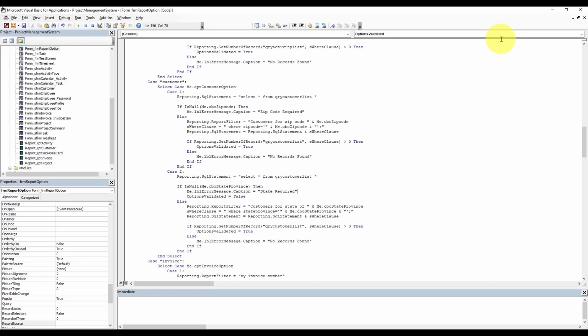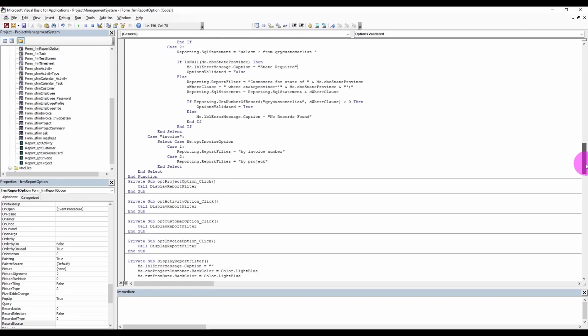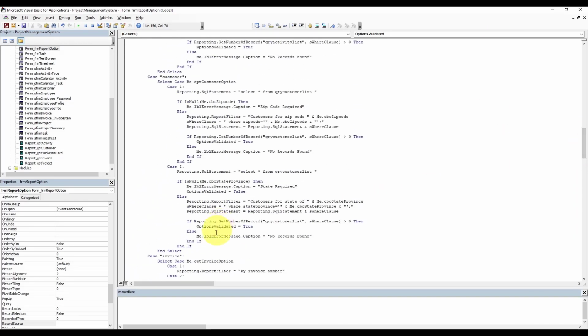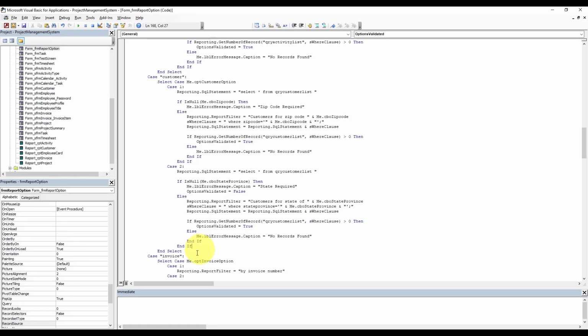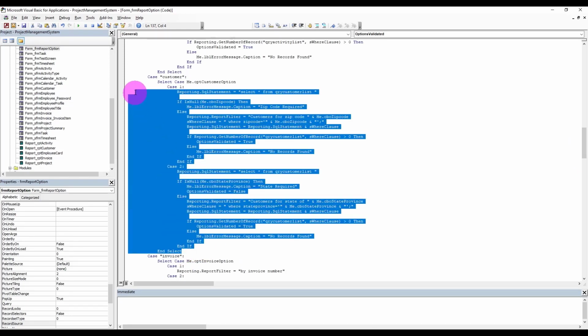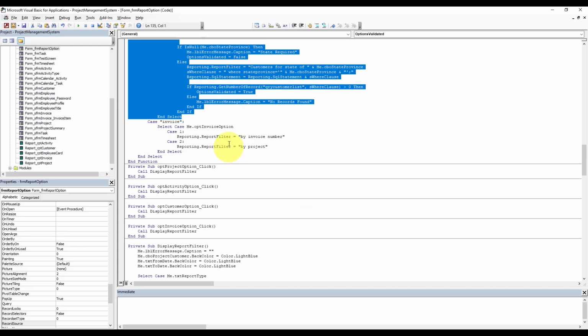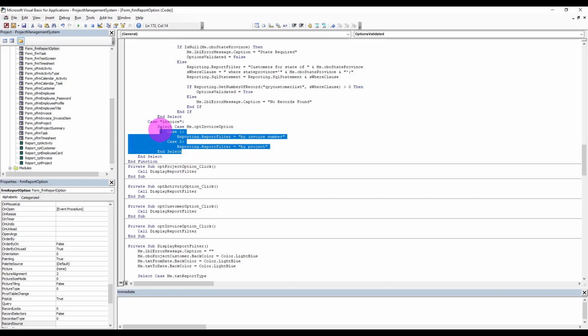Let's go to the code behind here. Same thing, I'm just going to grab these two guys right here. Actually, inside it would be front select and not select. And let's take a look at the options that we have. We got option 1, option 2, option invoice. Alright,